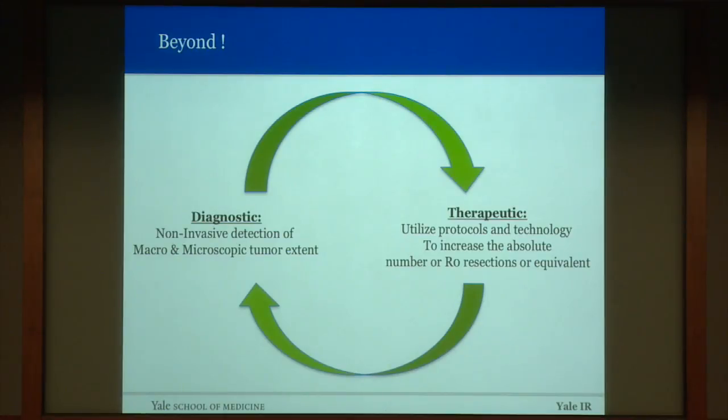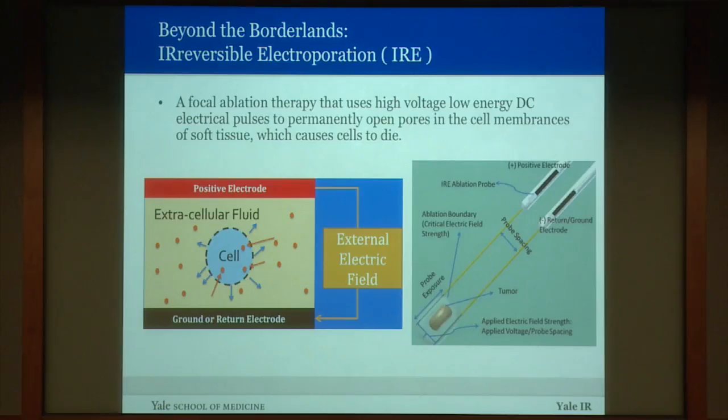And so moving beyond this, there's a balance between diagnostic and therapeutic. Diagnostic, we need to better define and better utilize non-invasive detection of micro and macroscopic tumor extent, such as MRI in the hazy gray zone around the SMV and SMA. And then therapeutic decisions such as neoadjuvant chemotherapies, external beam radiation, and I'll talk for 30 seconds about